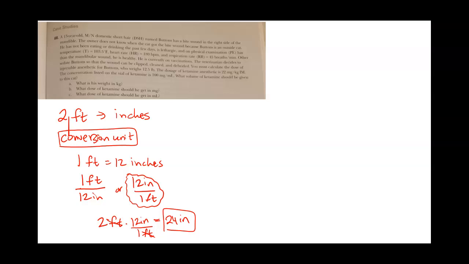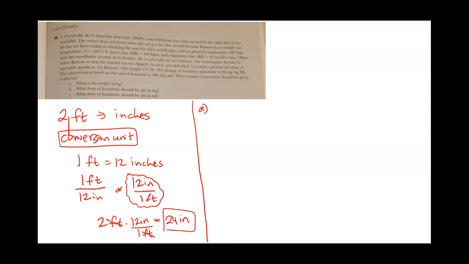So just remember that whatever unit you want to cancel goes on the denominator, and whatever unit you want your answer to be in is going to go on the numerator. So let's apply that to this problem. Part A, it says that the kitty cat is 12 and a half pounds, and we want to convert it to a kilogram. So we first have to find out